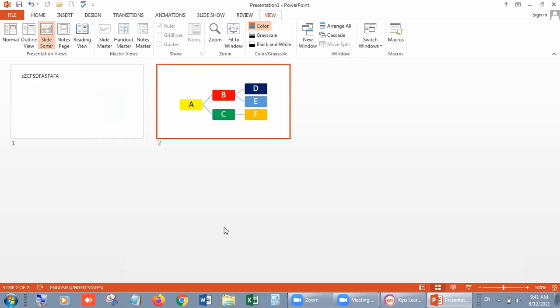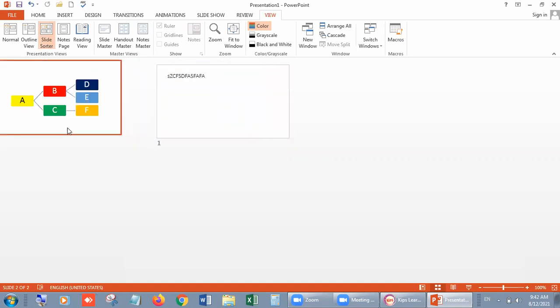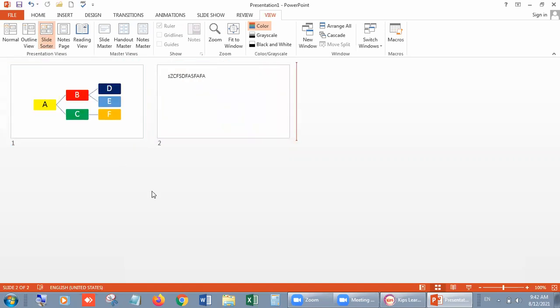Look, you can see now the second slide is on first place and the first slide is on second place. You can move it again, click on it like this. Okay beta. So in slide sorter view we can sort, means we can change the sequence number of our slide. This is slide sorter view.